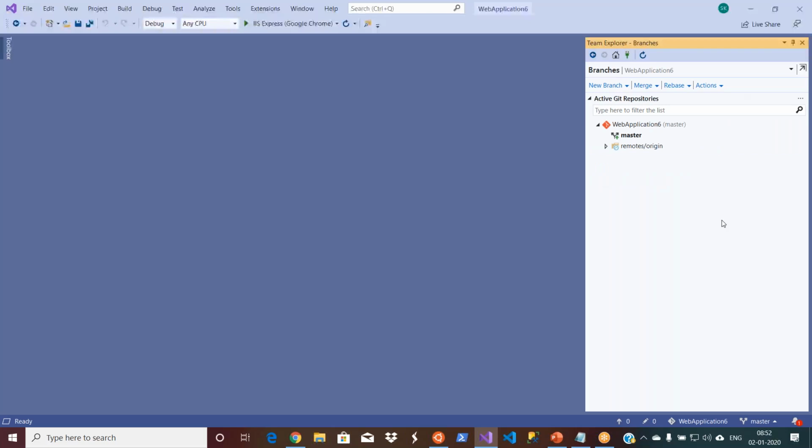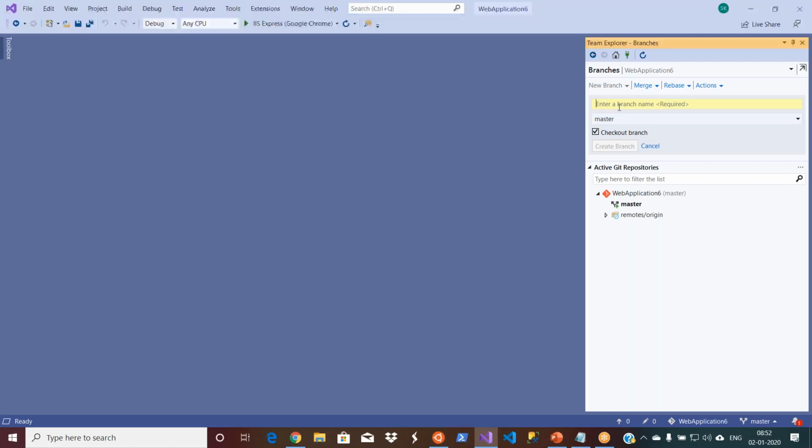So now I'm going to create a new branch. You click on New Branch and give the branch name. I'm saying dev branch. So what is the basis for your code? I already have the code in my master branch. I want to create a branch from my master branch. Now when you create this new development branch, what happens? All the code that is available in your master will be copied to your dev branch. That's it. Now I'm saying, okay, from where do I want to create it, from the master. There is a difference here: master and origin/master.